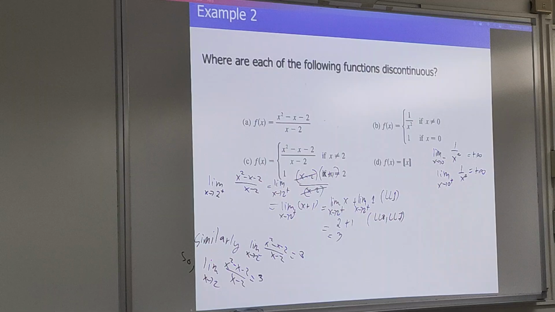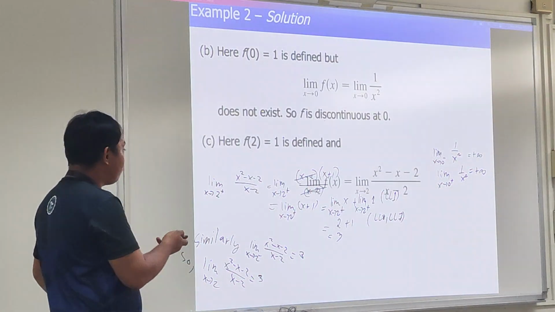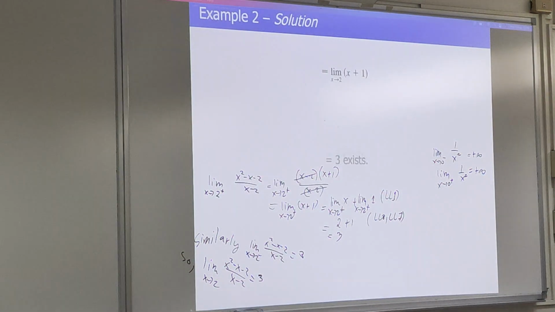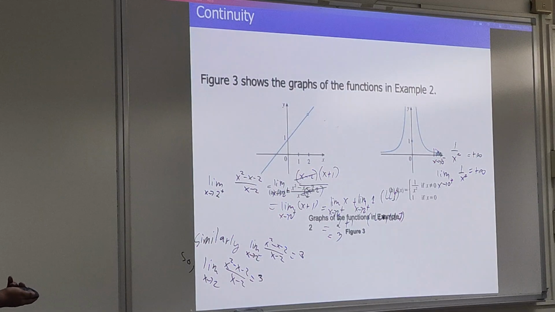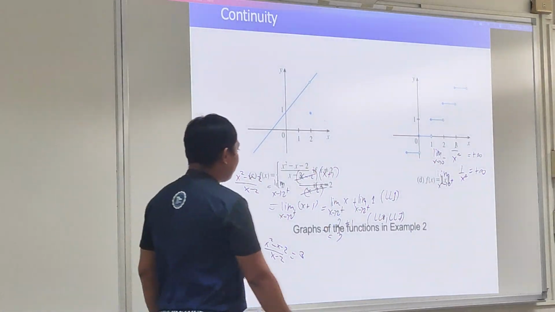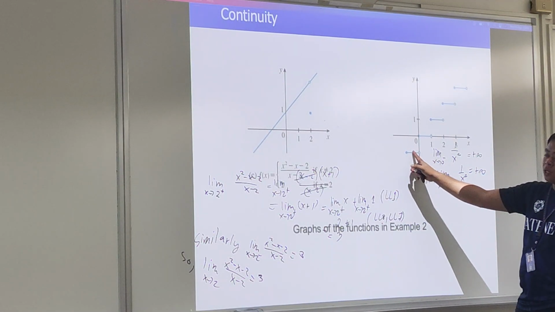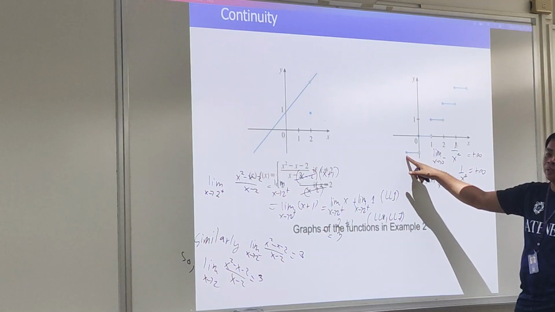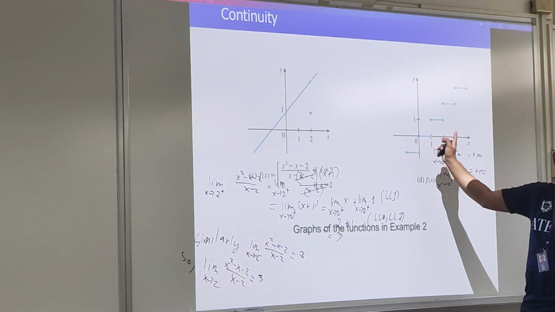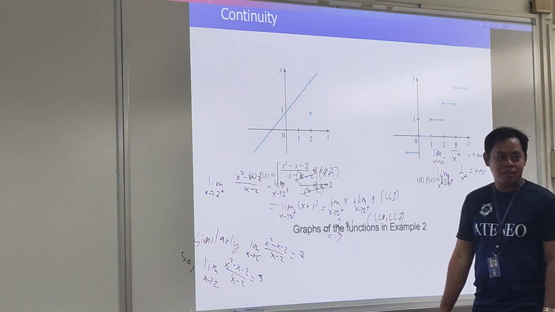That is the greatest integer function. Equivalently, the biggest integer function. As you can see, this is the graph for the greatest integer function. If you consider the rational numbers here, of course, versus the whole numbers, you will see the behavior at the right hand limit and the left hand limit. That's why the limit is